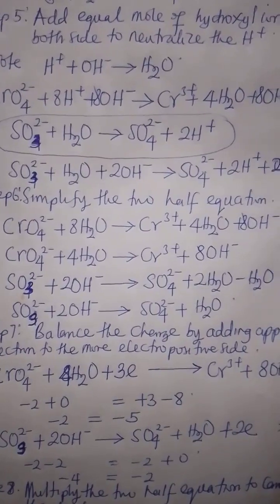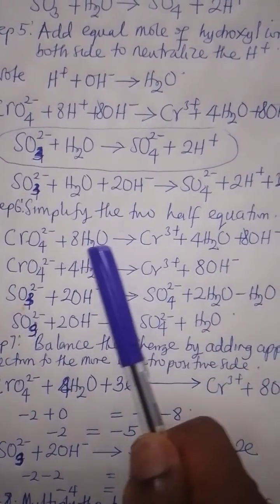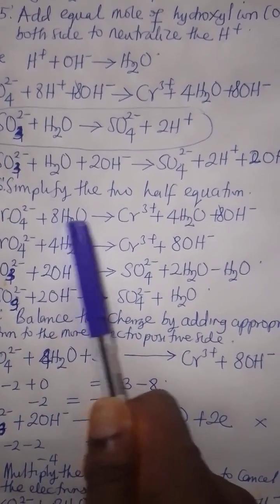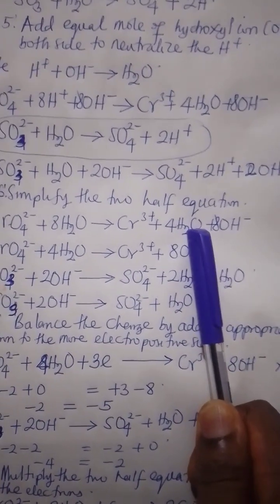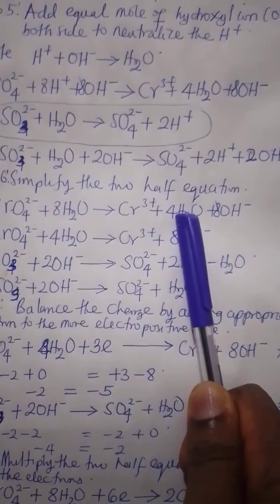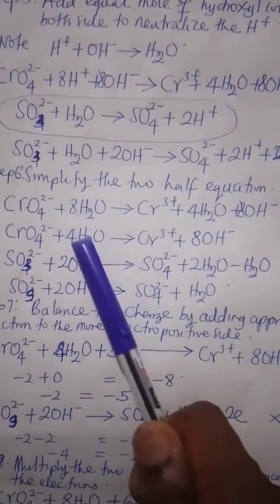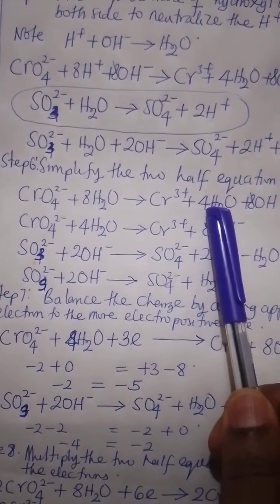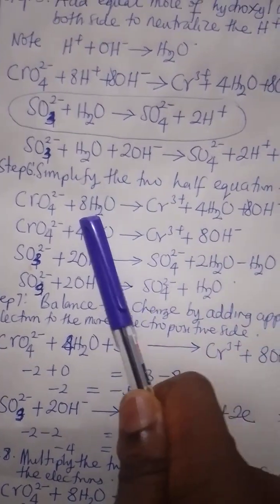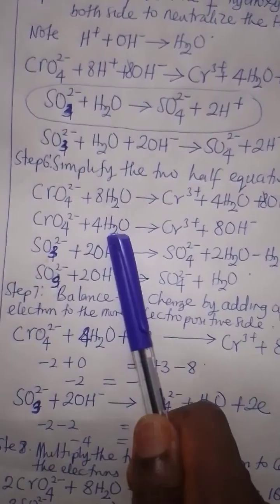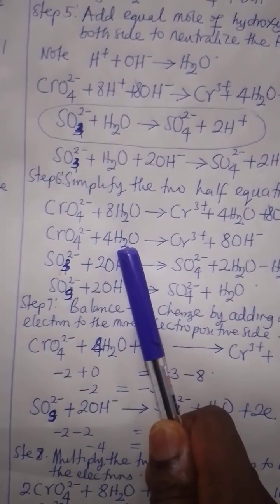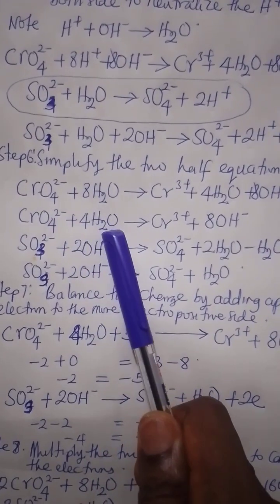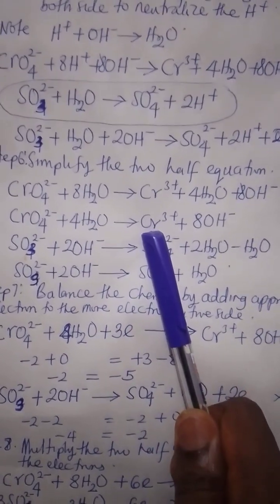But I want you to look at something. We have this, 8H2O. On our right hand side, we have 4H2O. So we take this 4H2O to this other side, since the number of moles of water here is greater. So 8H2O minus 4H2O will give us 4H2O. So finally we have CrO4 2- plus 4H2O, giving us Cr3+ plus